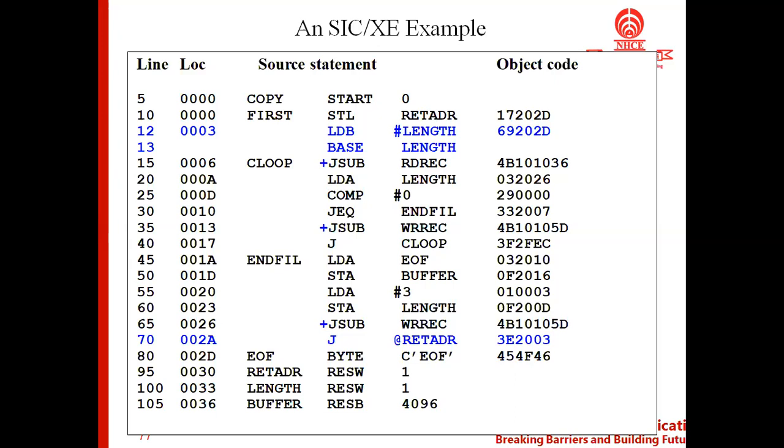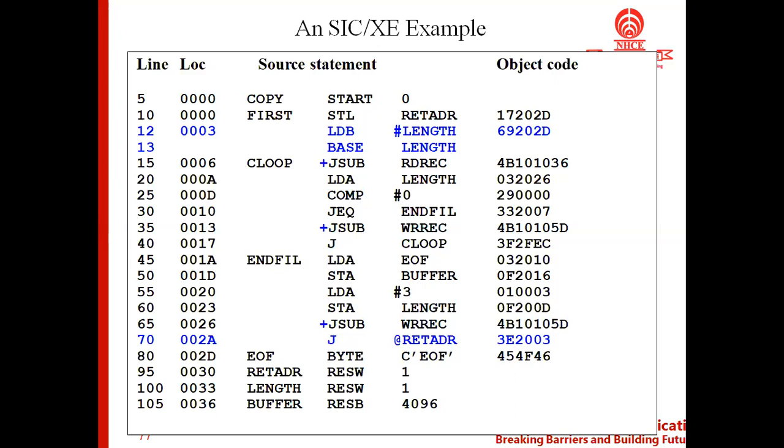So it might be format 1 or 2 or 3 or 4. Any one of these formats is to be followed. It is not the instruction format which is used in SAC. Since this is a SAC-XC program, it has to follow any one of these 4 formats.